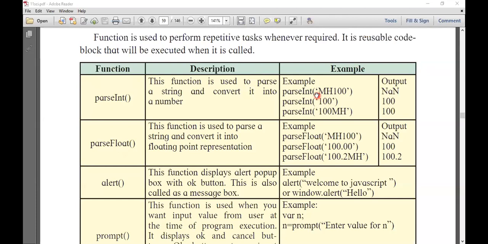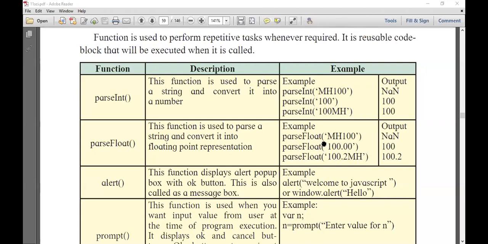But in both the functions, you can see that the first p is a small letter, but the I is a capital in parseInt, whereas in the parseFloat function, F is a capital.